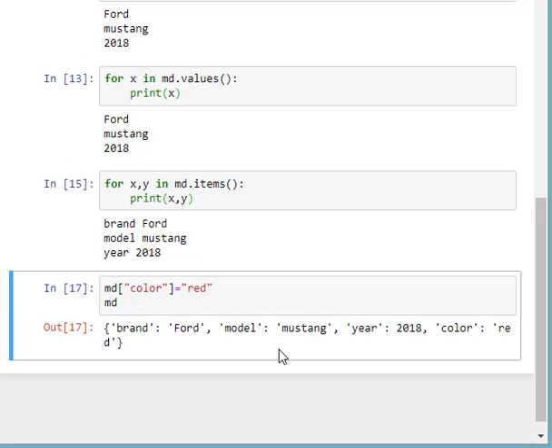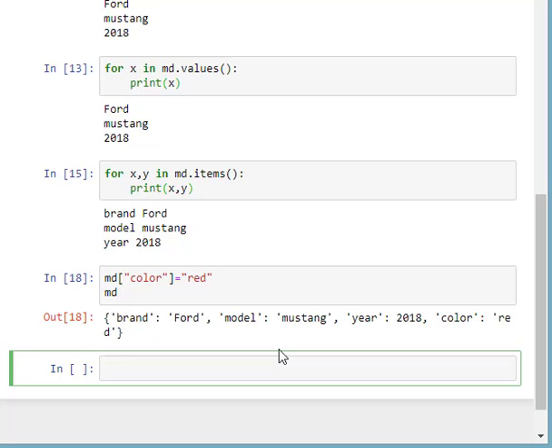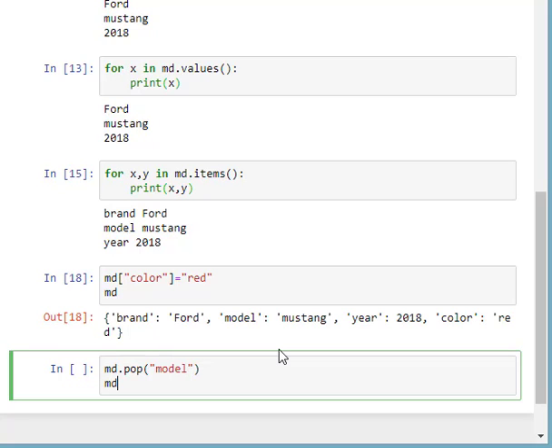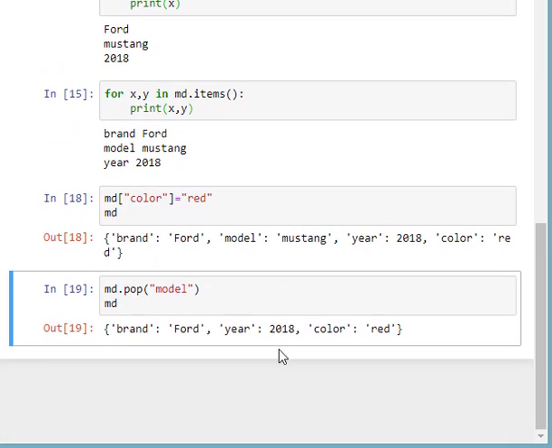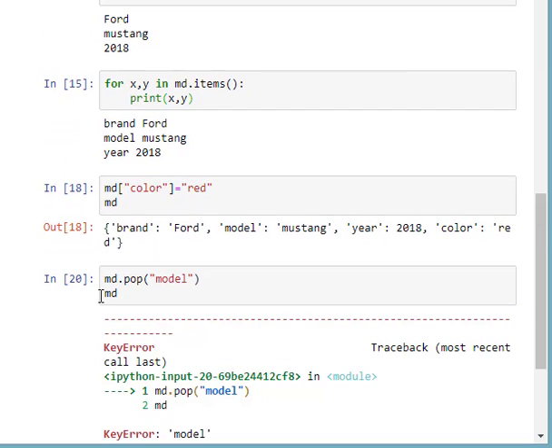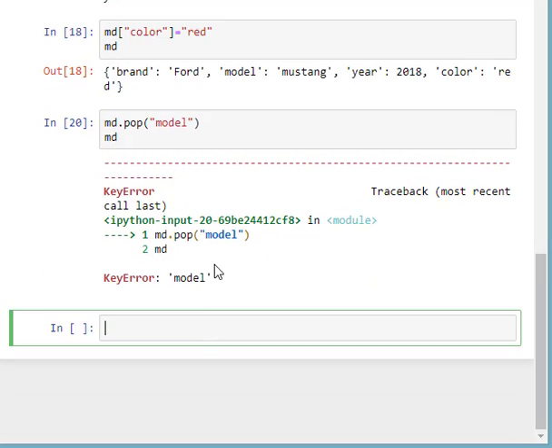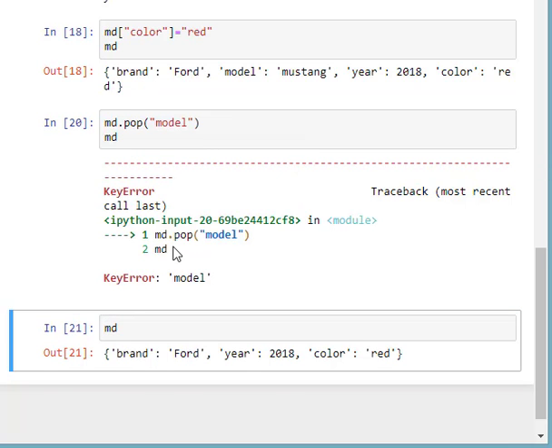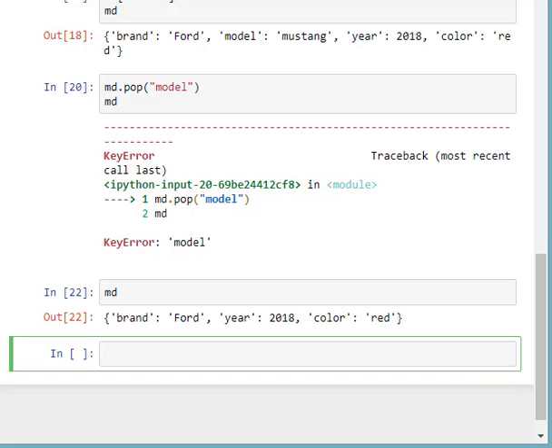Suppose now you have seen the addition. If you want to remove an element, as we know, for removing an element in an array, a set of arrays, it is pop. I want to simply remove my pop and I want to print my dictionary. Now you can see that the pop value has been removed. Sorry, that was an error. I have run the remove pop model again, but it has already been removed, so it is showing me an error, but that is not an issue. I'll take a new line over here.